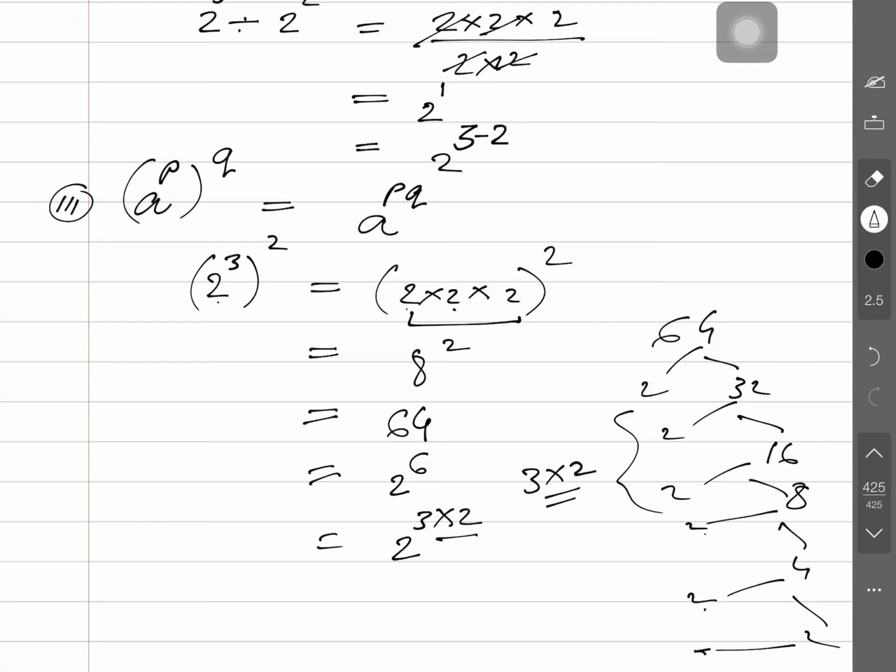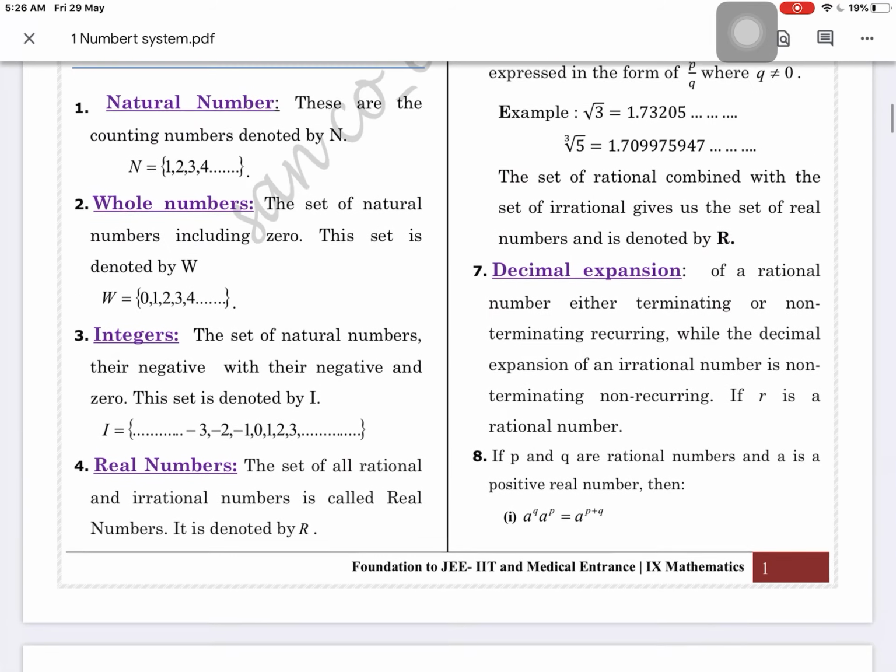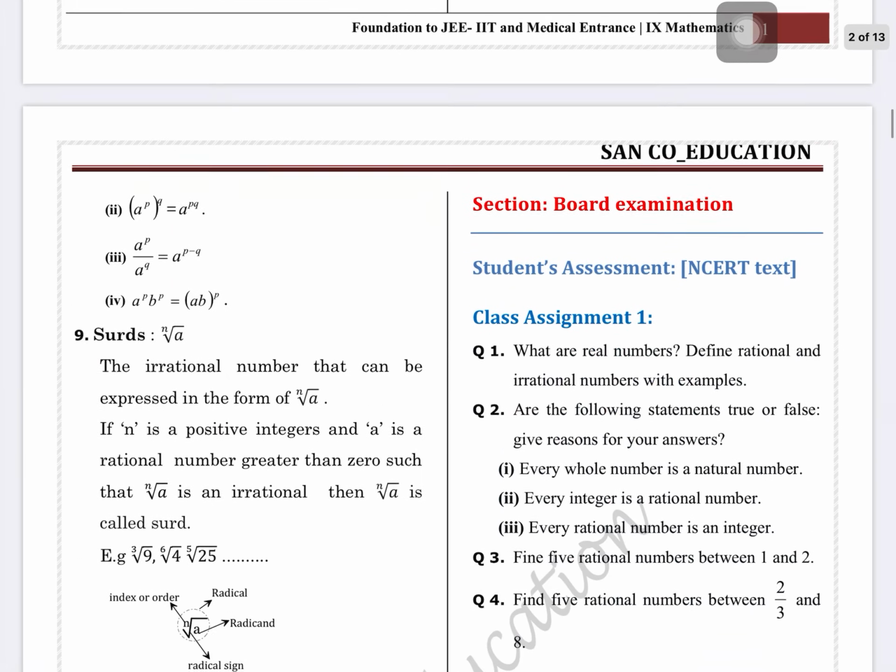So, it means that if an exponent having the power p has again a power q, power over power, then both powers get multiplied together to give the combined exponent of the same base. Clear? These are the basic laws of indices you would have studied in the 7th and 8th class also, but sometimes in some boards this is not included in the course. Another law of exponents is also given here.